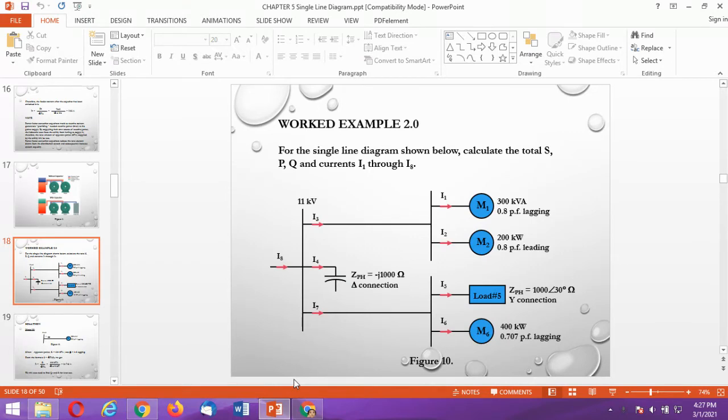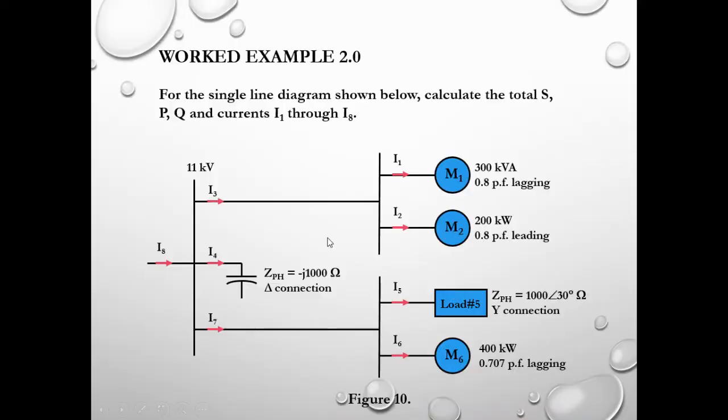So let us resume with worked example 2.0 on the SLD topic. For the single line diagram shown below, calculate the total S, the apparent power, P the active power, Q the reactive power, and currents I1 through I8. So for example, we do have